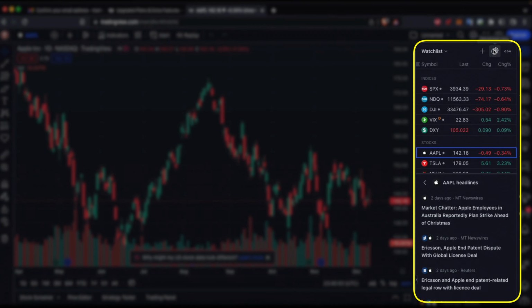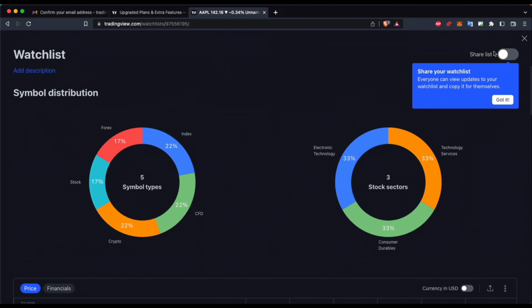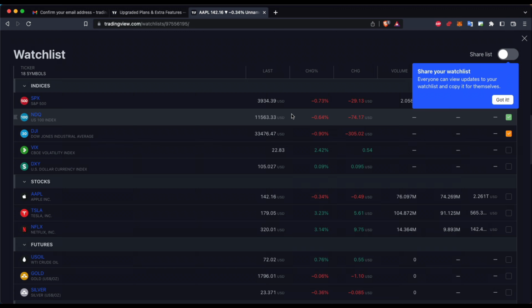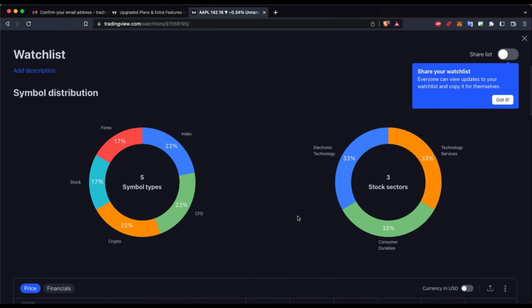And just to the left, we've got the advanced view. So if you want this to be presented in a pie chart manner, you can use this view, and then you can actually see the percentages of the markets that you're involved in, and you can scroll down and see more information here, which is just the advanced view. You can also share your list, and